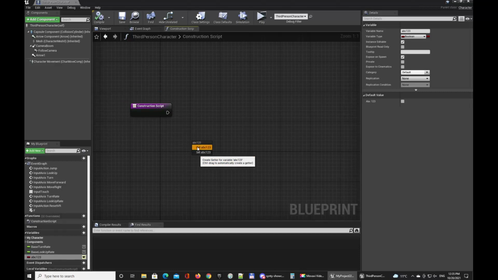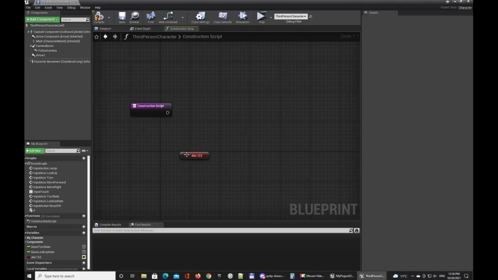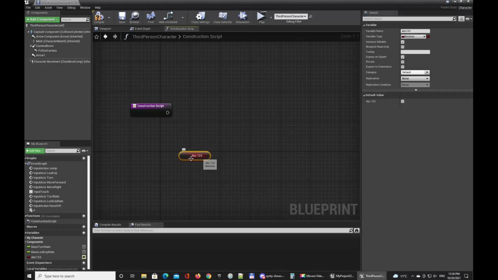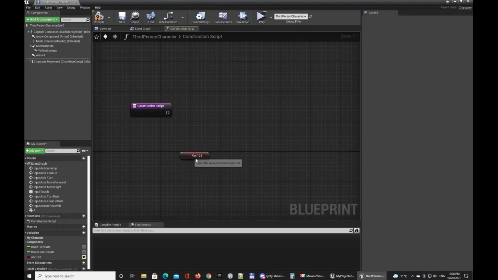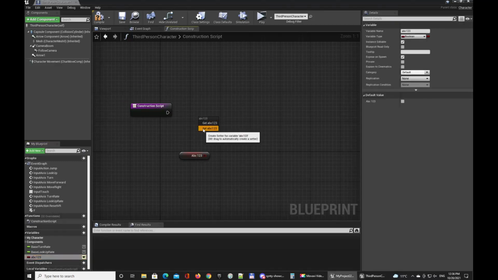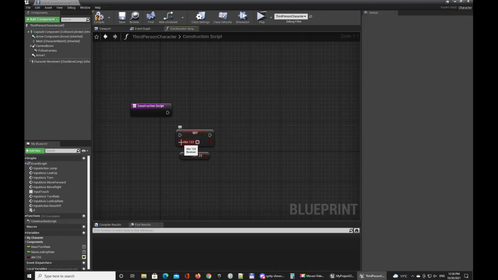So we will have to work with all our variables in the following way. We'll get a value, or we will set a value. So let's get the value. Each of these objects has pins on the left side and on the right side. The pins on the left can receive values, and these values can be used within the object, and pins on the right mean that we can get values. In our case, we are getting the ABC1 to 3. If we would choose set, then we would have this pin on the left side. It means that our set function waits for the value